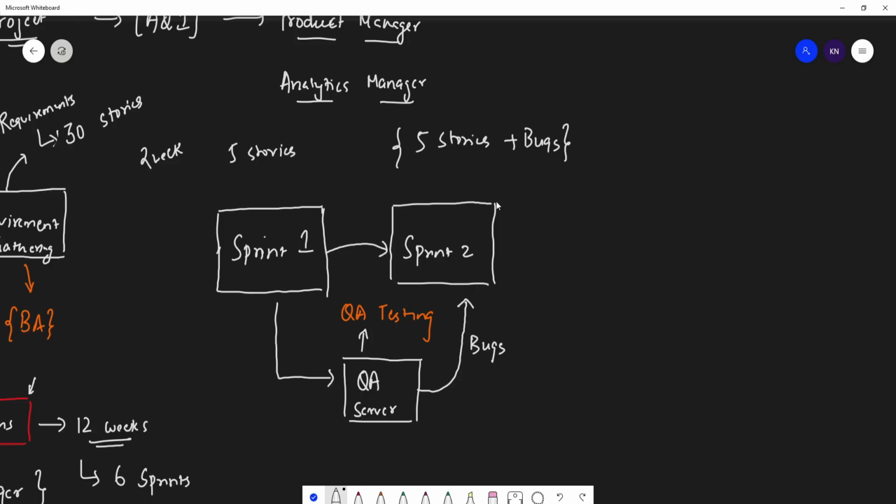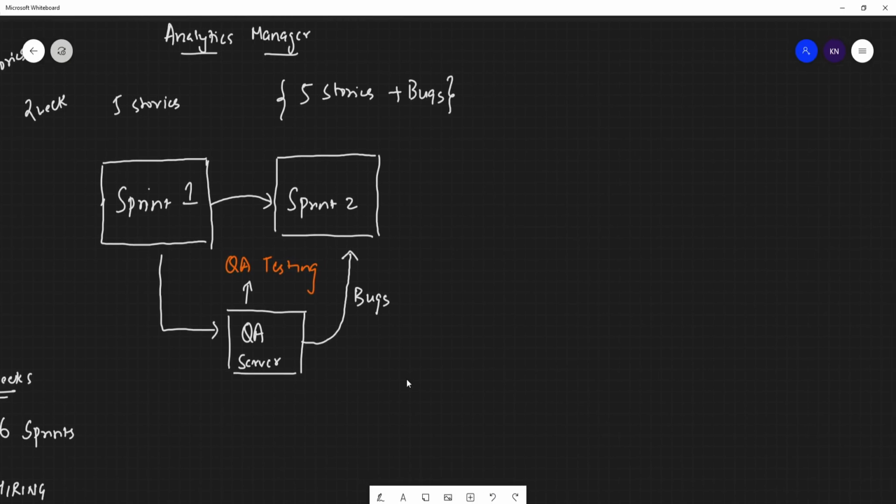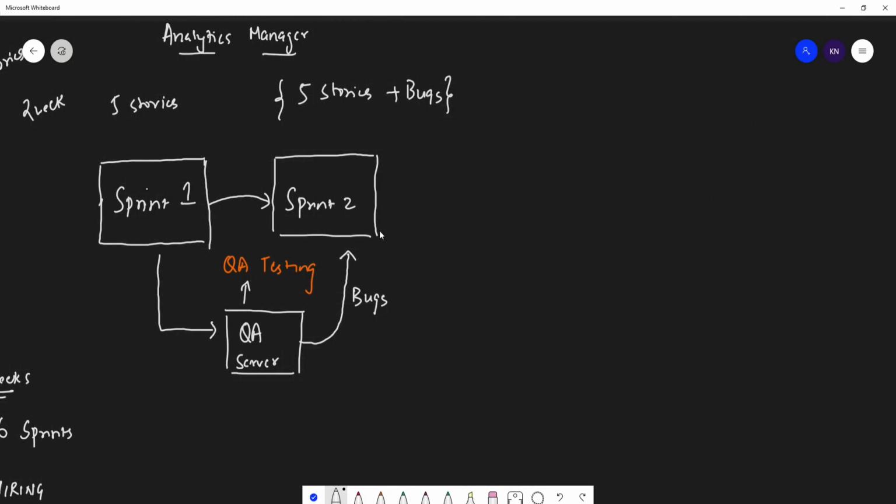So this is the process that usually goes on. At the end of sprint 2, they will again complete the stories and also fix the bugs, and in between, bugs will be sent, guys.